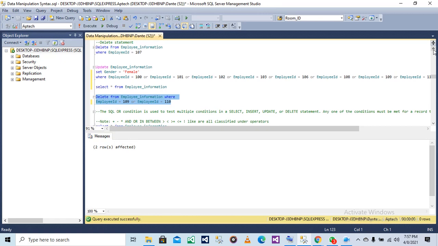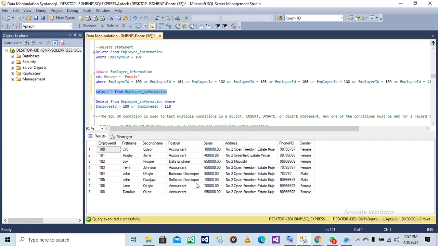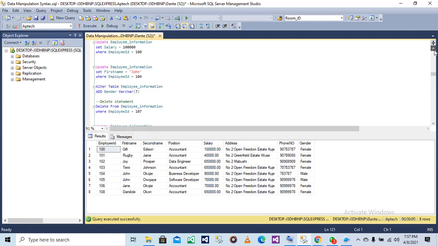So let's go back and select. You can see we don't have those rows anymore. That is, the employee IDs of 109 and 110 have gone because we deleted them. I have to insert them back because of the next statements I'll be running.